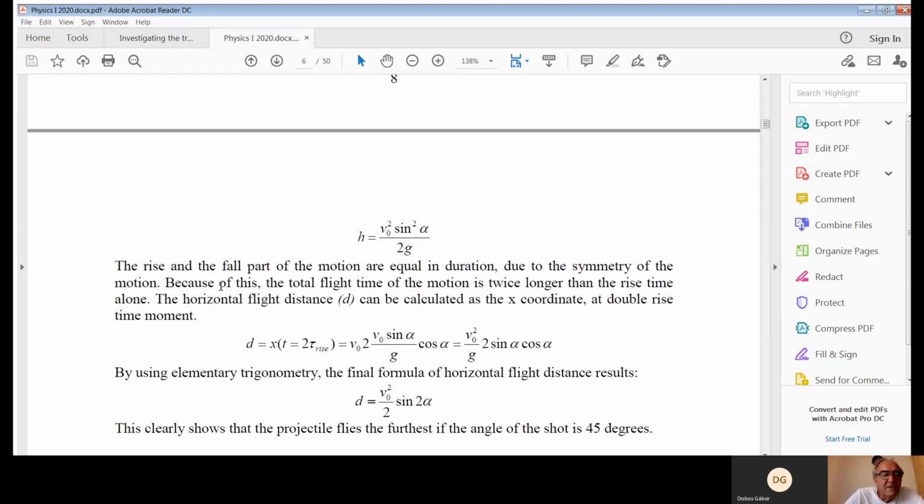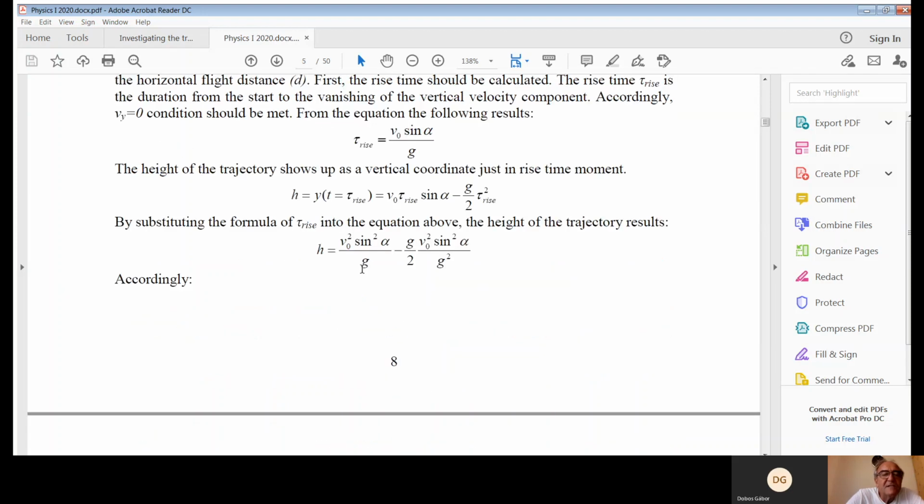As I wrote it here, because of this, the total flight time of the motion is twice longer than the rise time alone. The horizontal flight distance can be calculated from the x-coordinate at double rise time moment. So here d is an x value at 2 rise time moment. So we have to take the x, which is